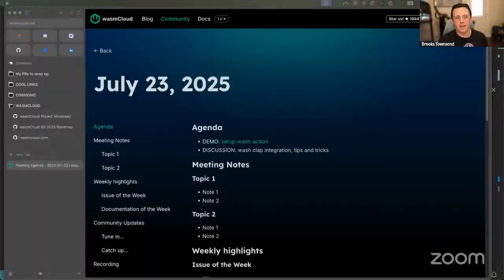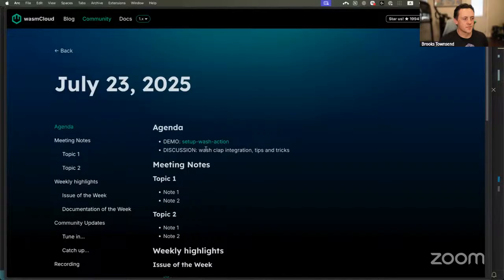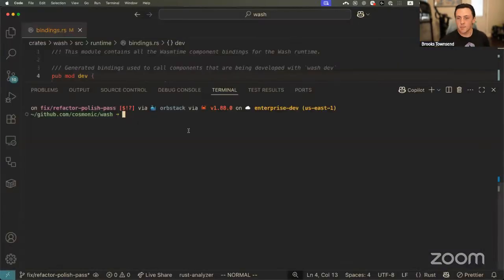I wanted to do a little bit of a discussion around the Clap integration that I've gotten working for the plugin system. So last week I talked a little bit about wash and how you can use plugins in wash to implement top level subcommands, and how you can use plugins to implement hooks that either register exports for a developer loop so you can implement your own custom interfaces using components, which is really cool, or so that